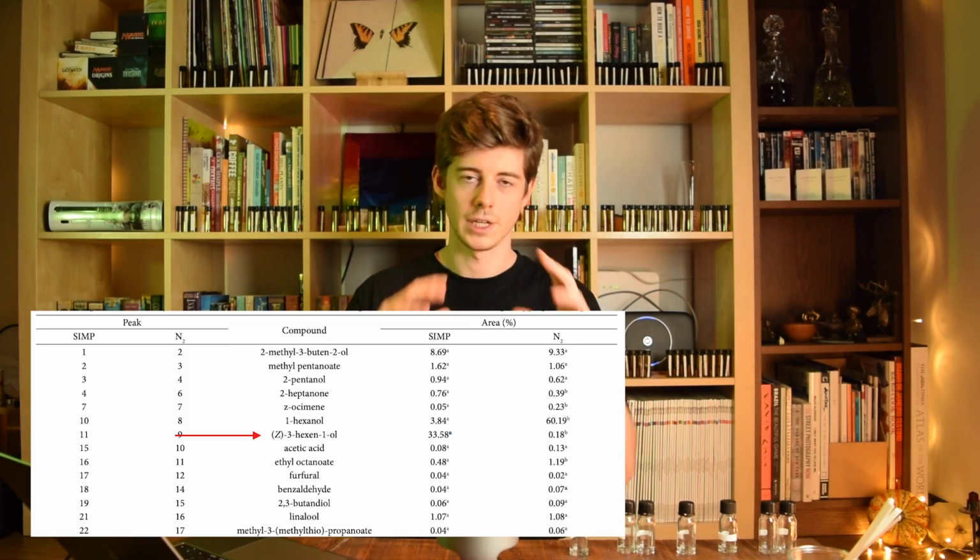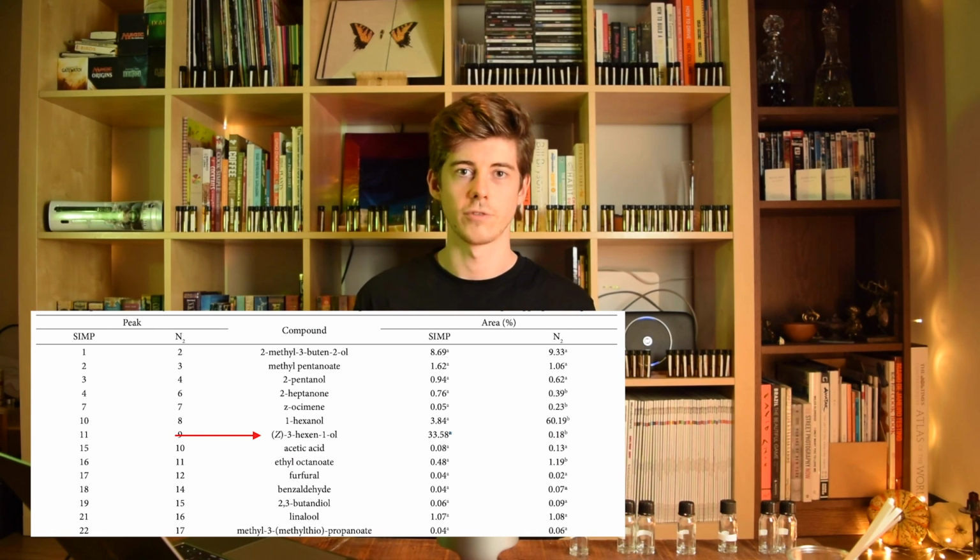Now, the reason that cis-3-hexenol is so important is it's found in loads and loads and loads of natural products, including fruits such as pineapple. If you actually look at the constituents found in an analysis of volatile components of pineapple, so they boil it up or something, and then they collect the volatile gases and they see what it's constructed of, you actually find there is cis-3-hexenol inside the pineapple. So this is a great note that you can use for adding a tiny bit of realism to fruit accords. It gives you just a little bit of greenness.